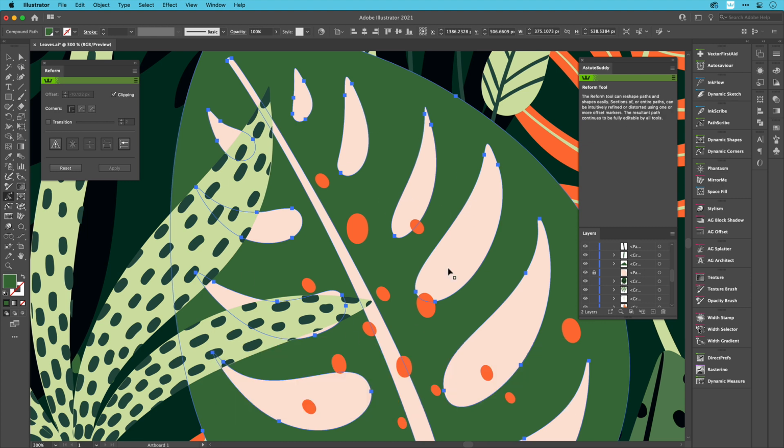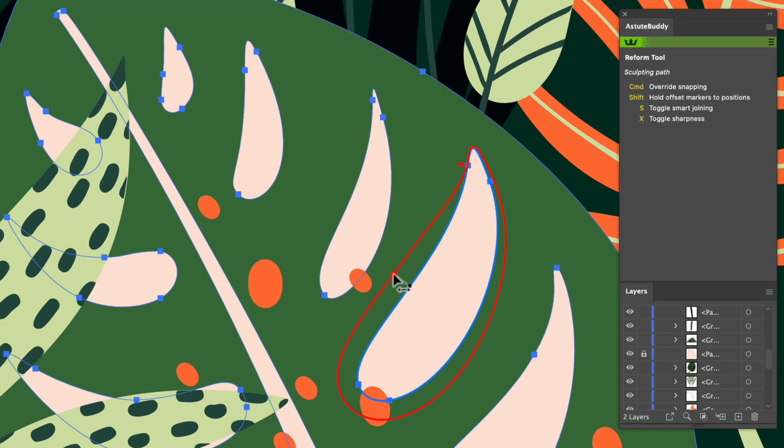Before a reform profile can be saved, it first needs to be defined. This is done in exactly the same way as any reform operation takes place. Click and drag out an offset marker and set the extent of the reshaping by positioning the end markers. Profiles really become useful when the reshape is a little more complex. Therefore, for this leaf element, a sawtooth type reshape will be defined. This will be created using a series of smooth and sharp offset markers.